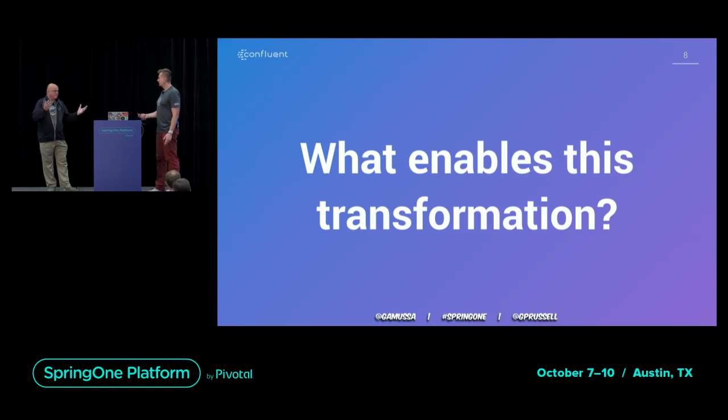So how do we get started? What enables this transformation? The couple of things that we learned over the years, there are many things that enable this, right? I just want to emphasize a few that we think are worth mentioning at a technical conference.